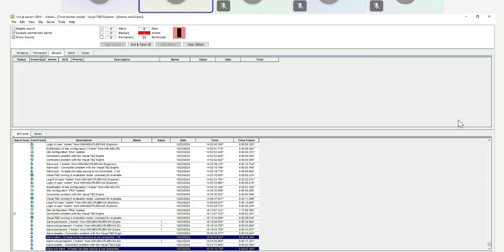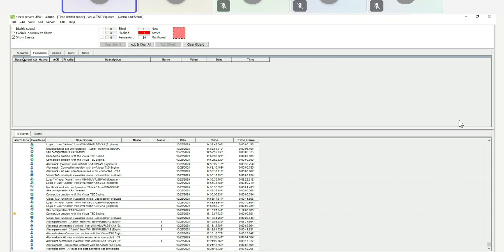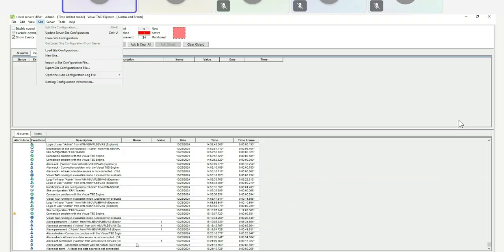Okay. So tell me one thing for permanent selection. If I acknowledge any alarm, that alarm will go out or it will be persistent, if I select permanent. If you mean if you already acknowledged. Yeah. That means, say, I have selected one alarm as permanent. So whenever that alarm comes, and after I acknowledge that one, that alarm will go from the list or it will be there as a permanent signal. Okay. Let's try that one. Actually, I can configure that.